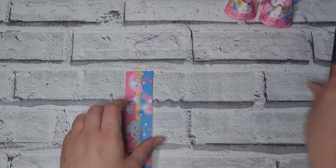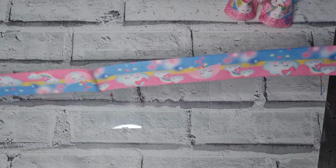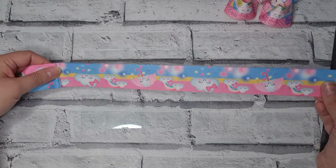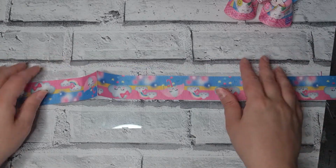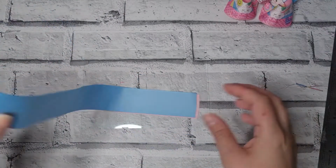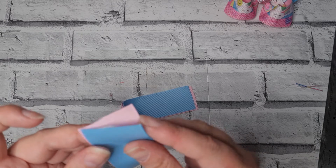So, there we go. So now you've got a join where you've got this one the right way up and this one the wrong way up. Okay. And then we're going to take our other two 36 centimetres of ribbon, which is these two, and again